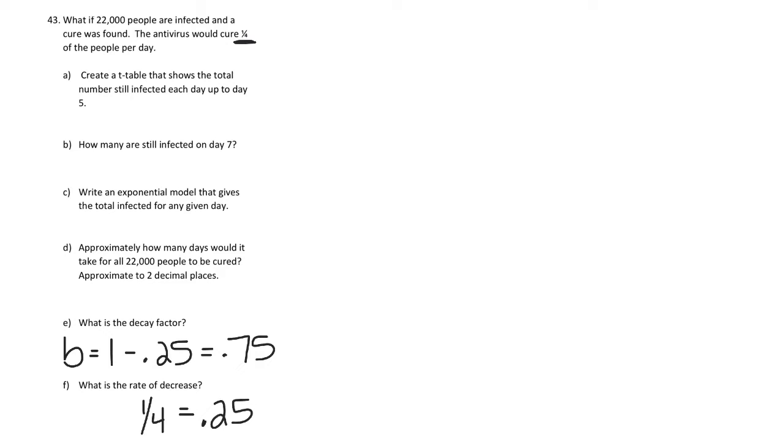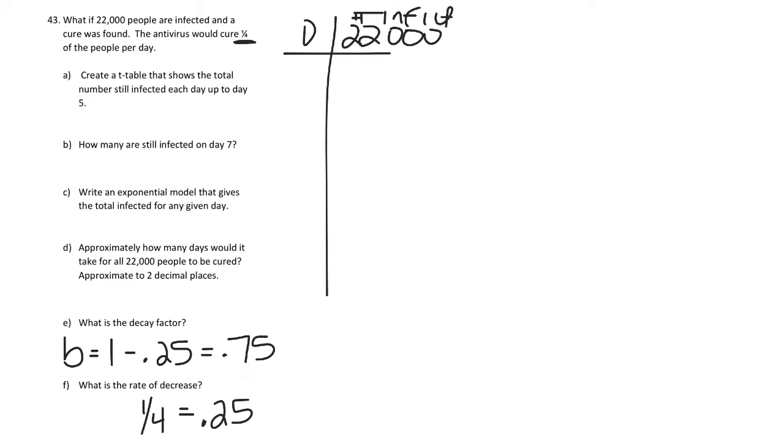So we're starting at day 0, and there's 22,000, and that's number infected, and this is days. So don't forget to label your table on the test. So day 1, 1/4 of 22,000 is